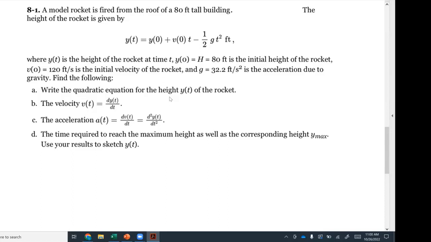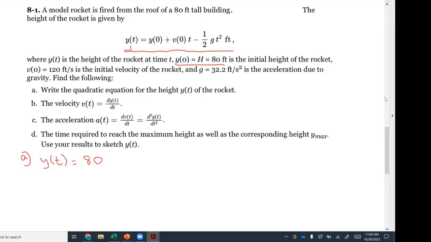We're basically given that a model rocket is fired from the roof of an 80-foot tall building, and the height of the rocket is given by this equation. This is the height, y of t. I prefer to call it h of t, but that's fine. And then it tells me y0 is equal to 80, so I get 80